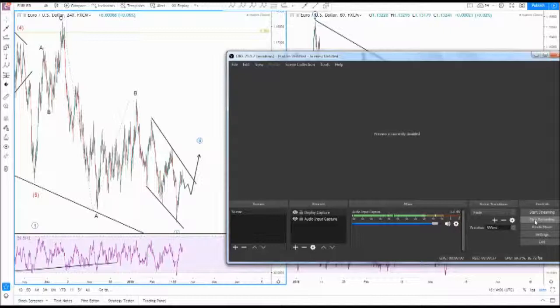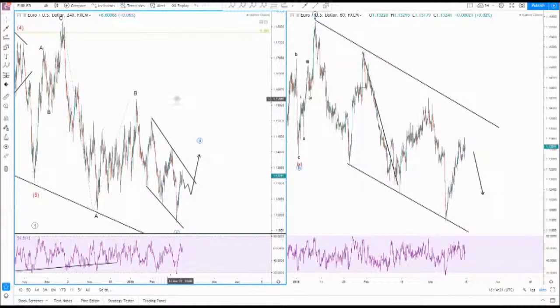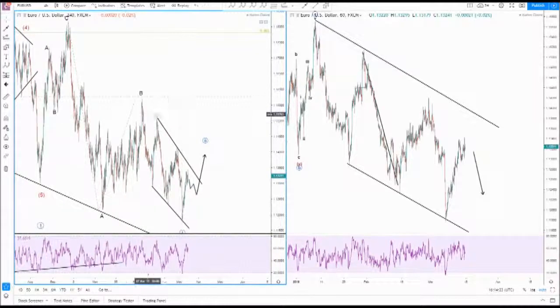As we've had a bit of a break, I think we didn't have a full webinar last week, so a lot of people are wanting to see my view on everything. So just going to hit the ground running here and take a look. I'm just going to start with the euro. So the euro dollar